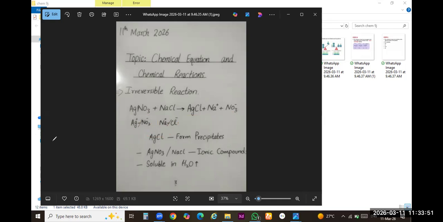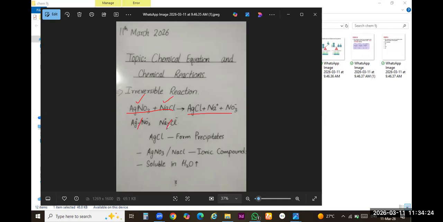Miss, can you tell again? No, miss. I have told you, in the irreversible reaction or reversible reaction, basically the scheme is same, the pattern is same. These are basically reactants which are taking part in the chemical reaction, and these are the products, the new things which will arise. So this one is the first compound and this one is the second compound. When they chemically combine with each other, their old bonds will break and new bonds will form.